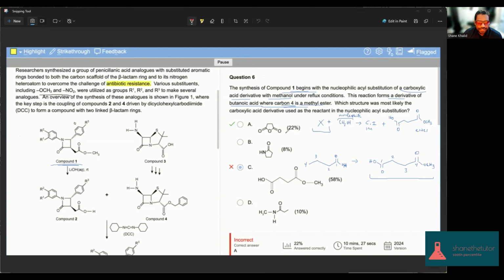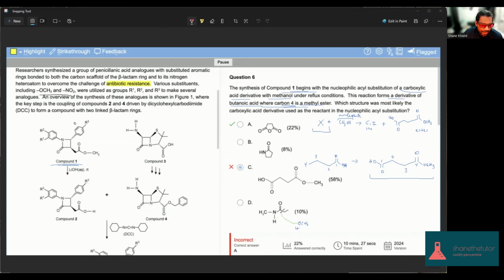So let's evaluate each of these. I mean, there's two approaches. We can evaluate each of them, or we can use our knowledge of carboxylic acid derivatives. But let's start with just trying out the methanol for each of these compounds. So let's say we start off with this one. So I'm just going to write the methanol here, and I'll use light green.